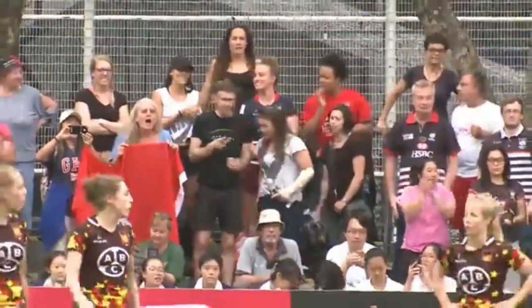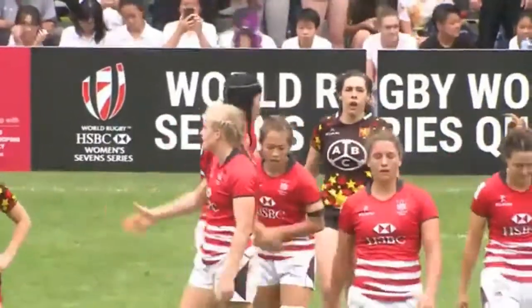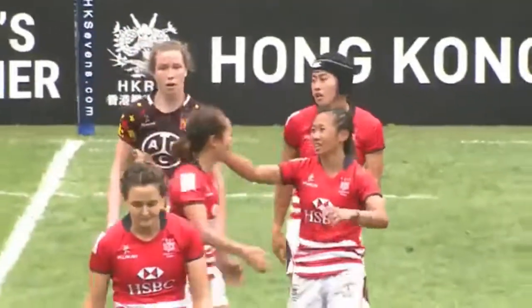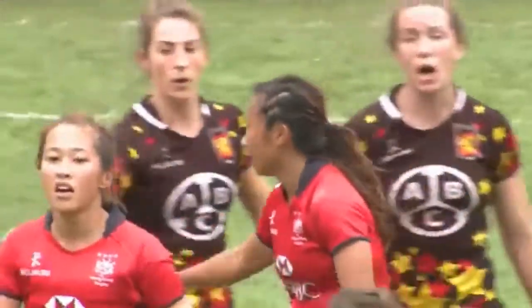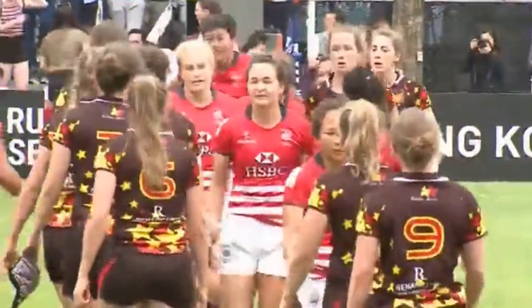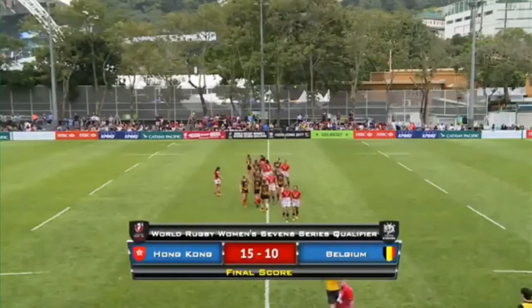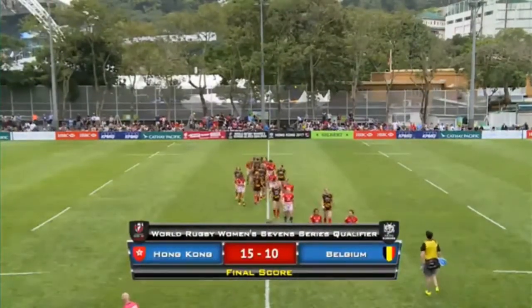And at last a victory to Hong Kong in their final match of the day, and now only time will tell if they'll be able to go through and qualify as one of the next best qualifiers. And based on the numbers, Rosie, it doesn't look good probably. Unfortunately, that might not be enough, but that was a great last effort to keep that win under Hong Kong's belt. And Belgium has lost for the first time today, and Hong Kong has won for the first time. Good game from